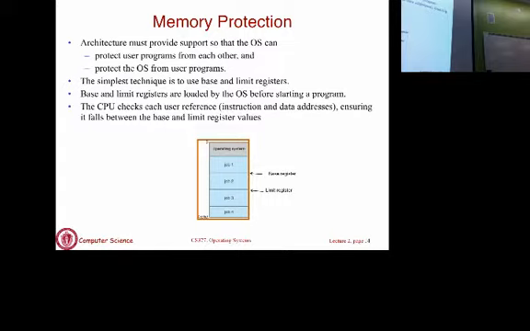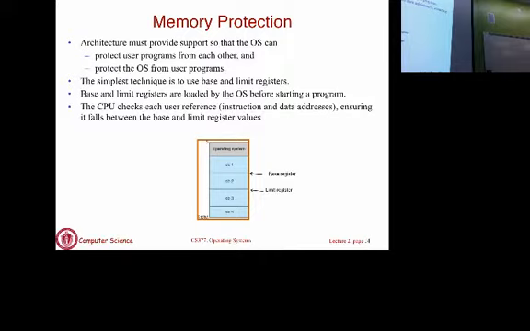Now whenever you execute any assembly instruction and generate a memory address, you are going to do a range check against the base and limit registers. The address that the process is trying to access must lie between the base and limit. If it's out of range, you are going to throw an interrupt saying you are trying to access something that does not belong to you. So for every assembly instruction you have to do this check to ensure that this process is only accessing a region of memory that's allocated.